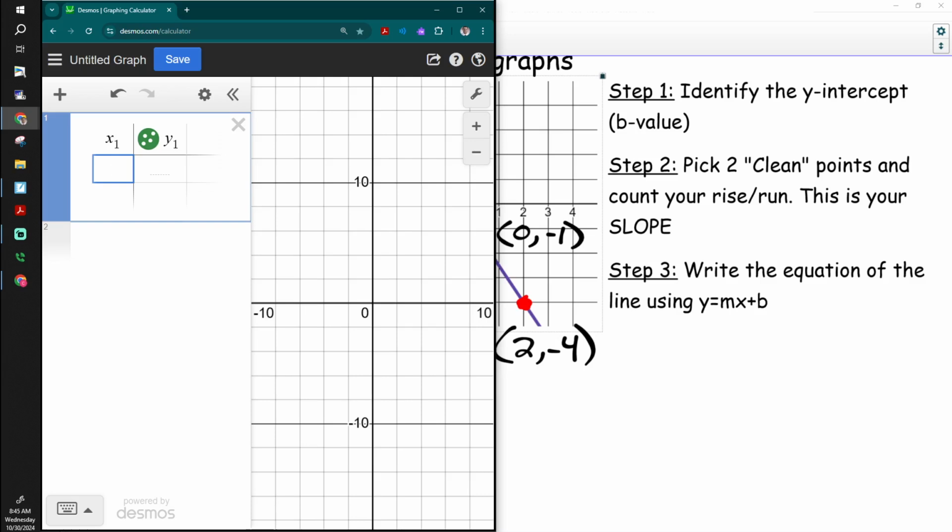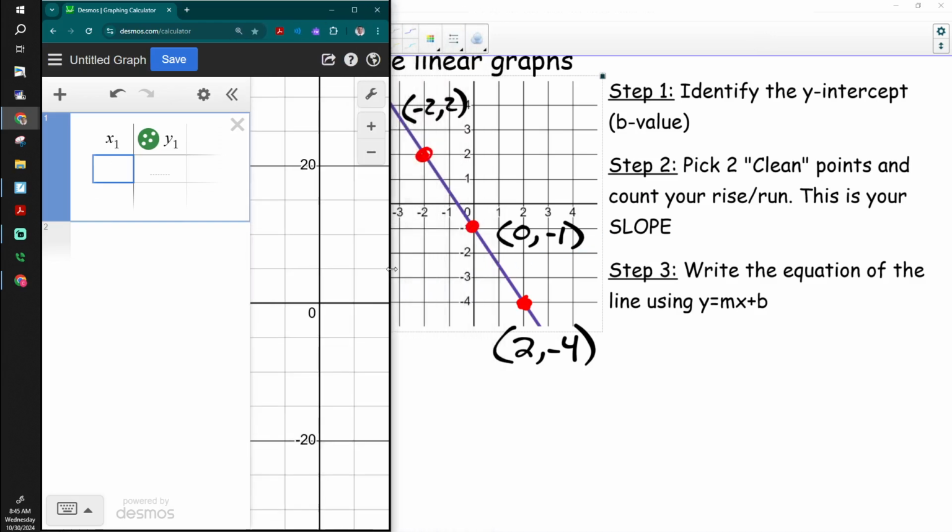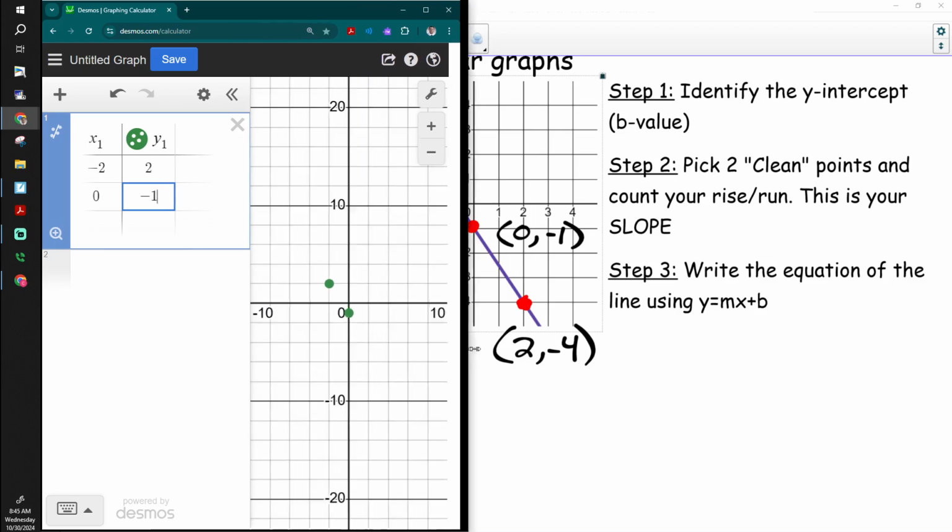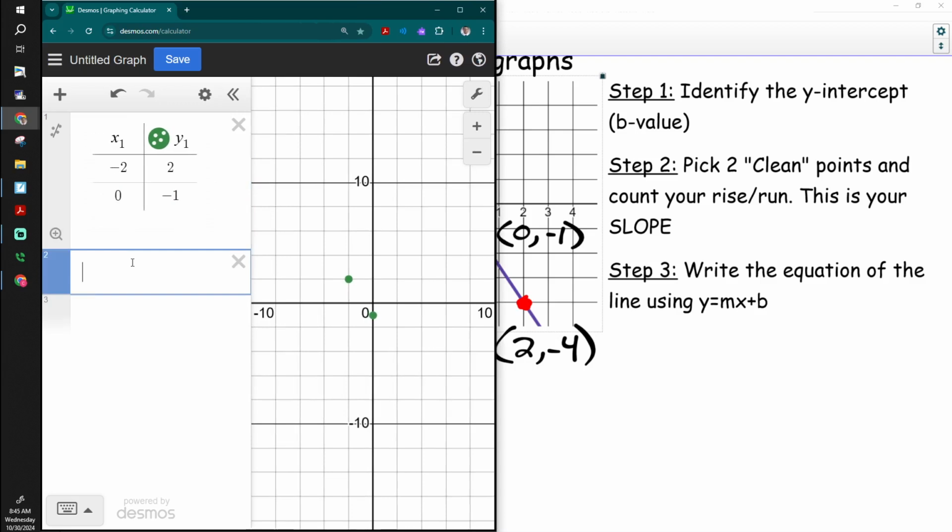Now, it doesn't matter which 2 we choose. We just have to choose 2 of our points. And I'm going to do negative 2, 2. And I'm going to put in 0, negative 1. Again, could have chosen any 2 pretty points. Now that I have it in my table,